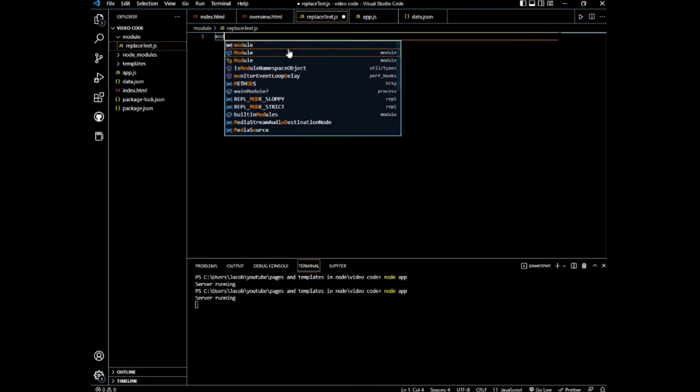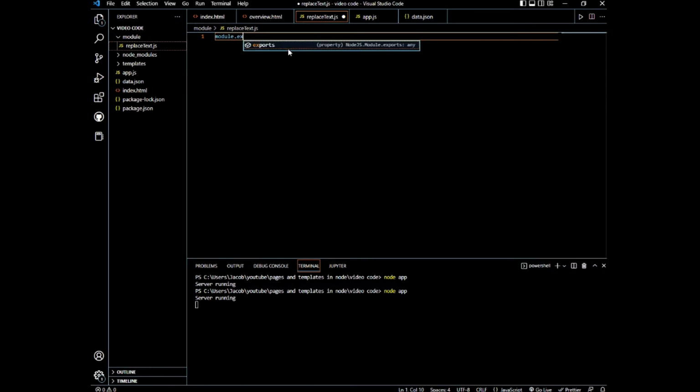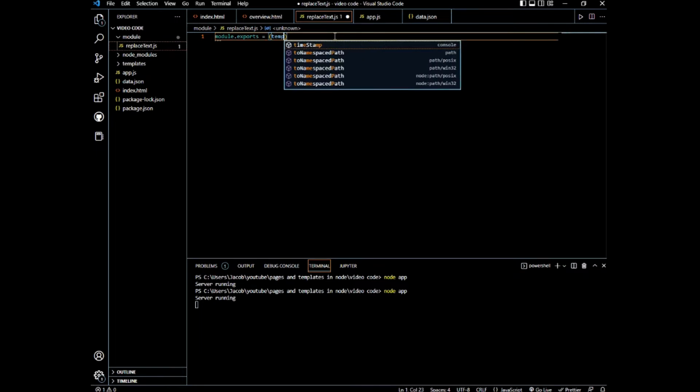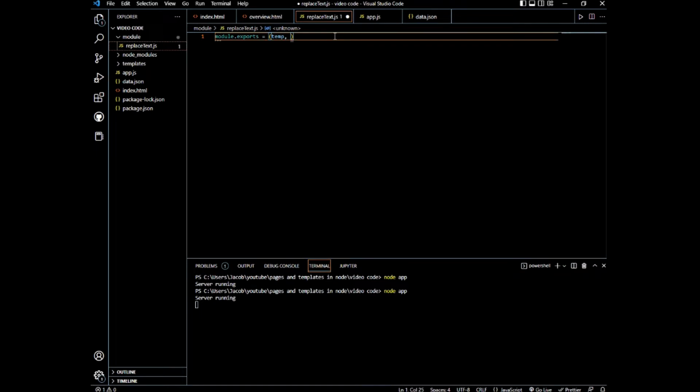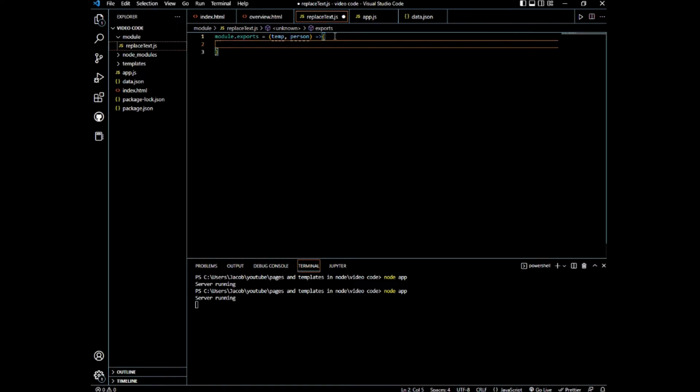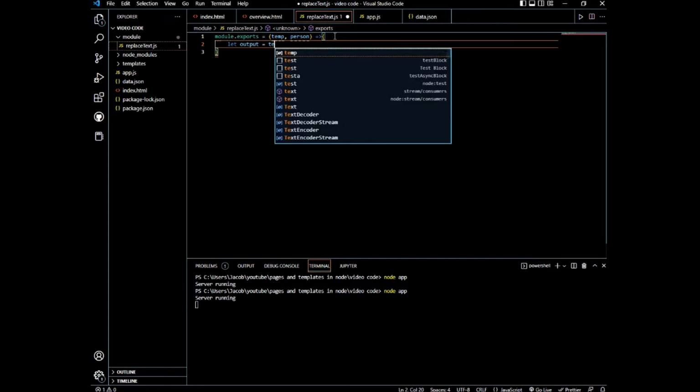Since we're going to be exporting this file and using it in a different one, we're going to use module.exports. I'm going to say is equal to temp, because that will be the temp file where we're replacing the text, and then person. That person will be the data we want to insert into our temp file. So say let output is equal to